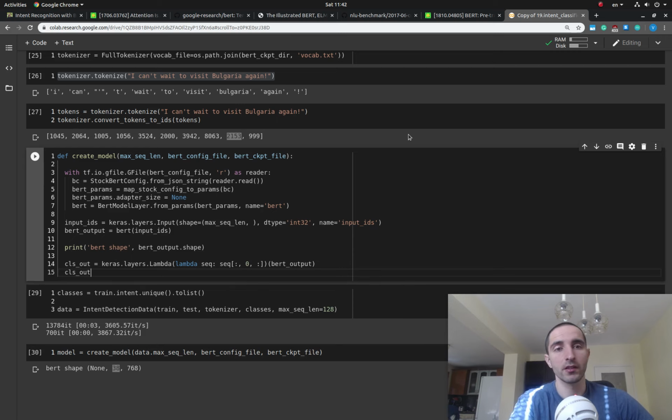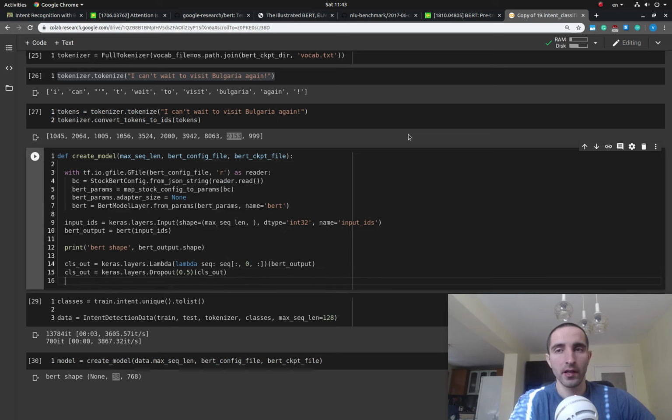I'm using the Keras functional API in here. 0.5, and then I'm going to flatten this using the dense layer,